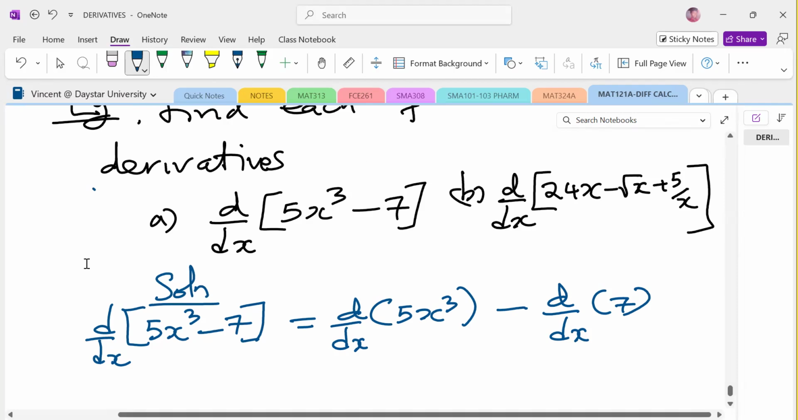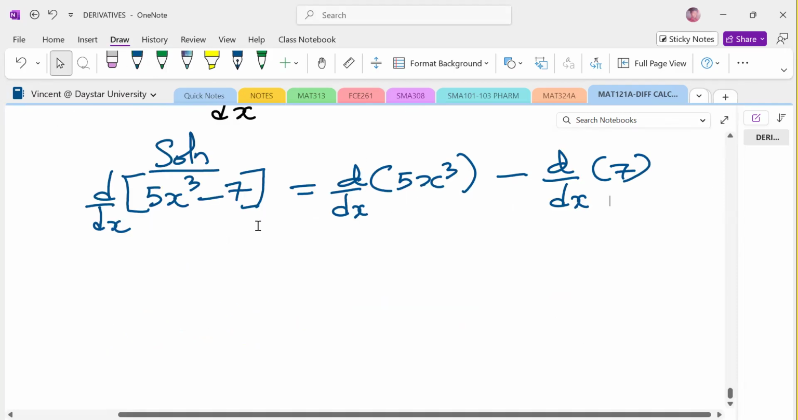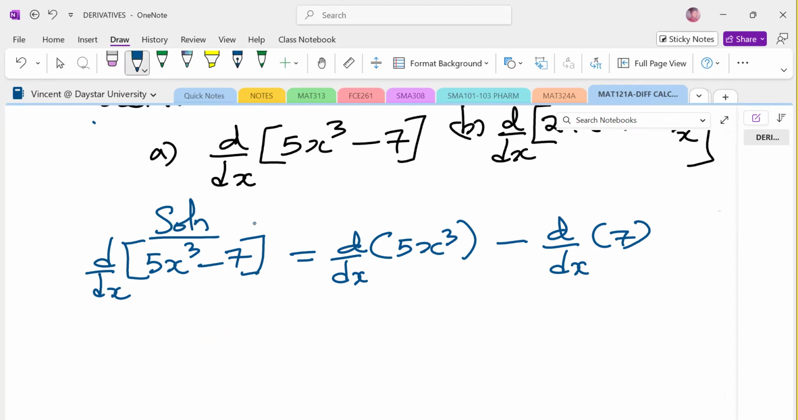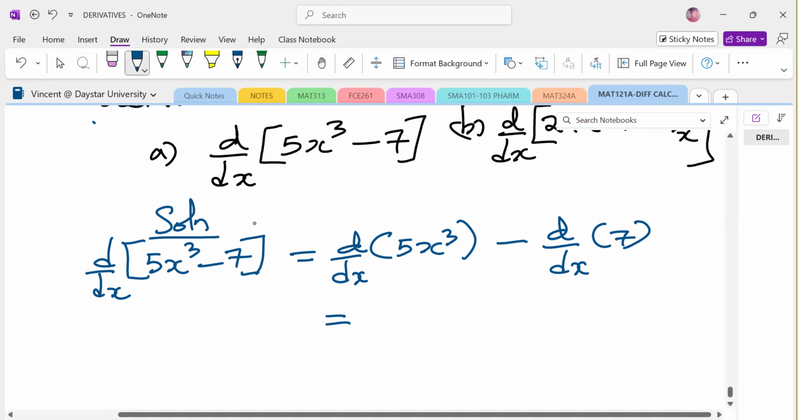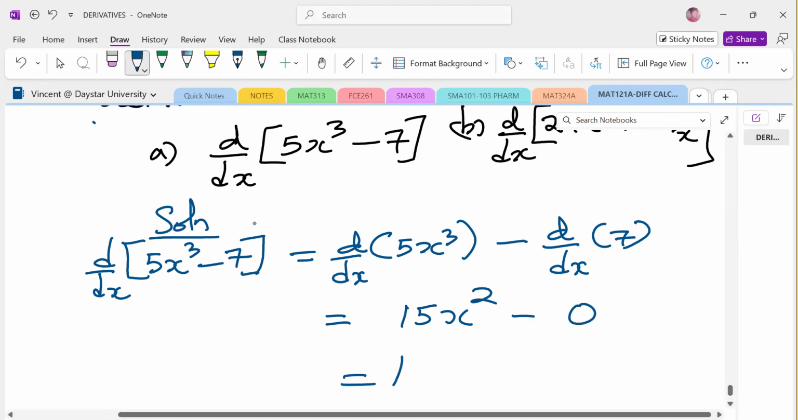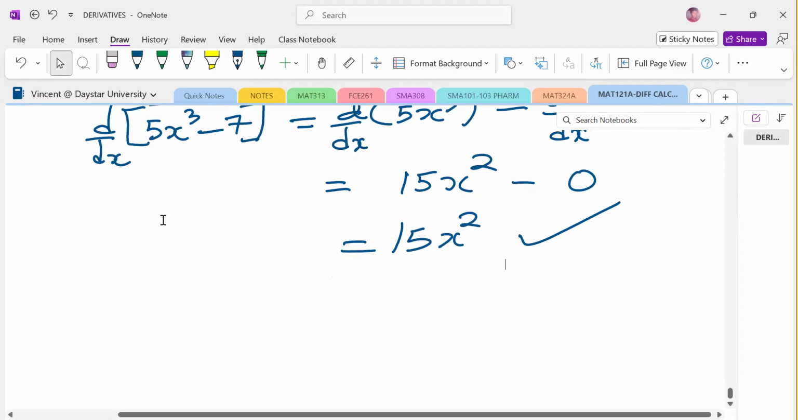Then by power rule, when you differentiate 5x cubed, you get 15x squared. Then when you differentiate 7, 0. So therefore, the final answer is just 15x squared. So just a very direct application. And then part B,